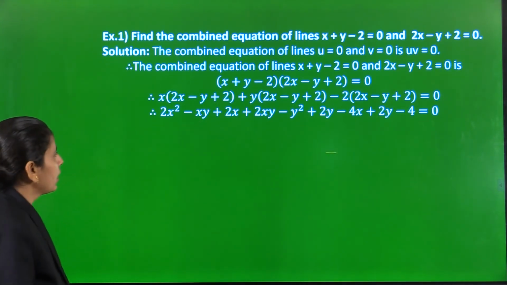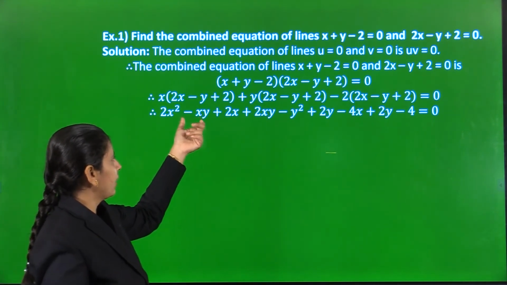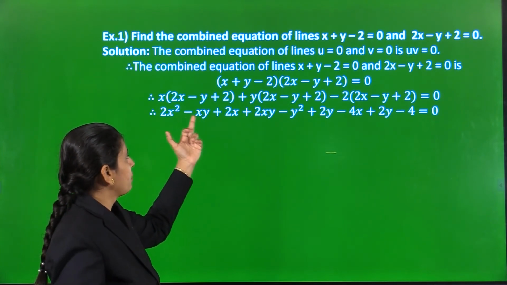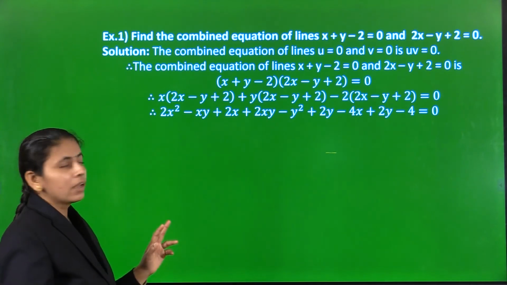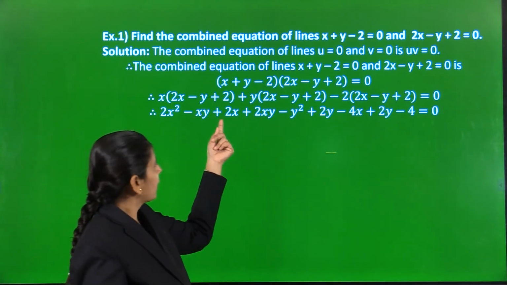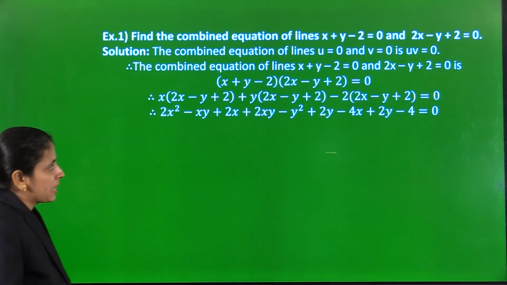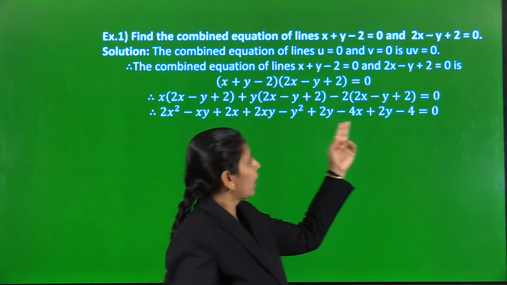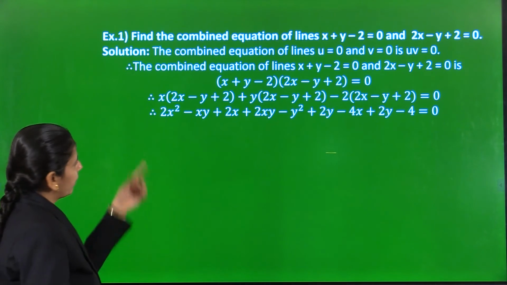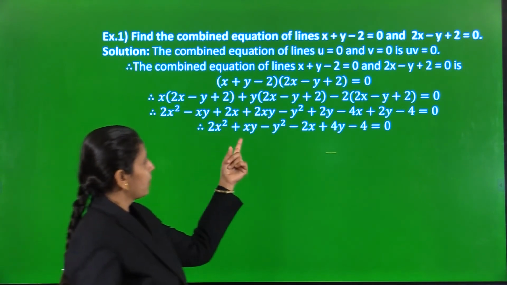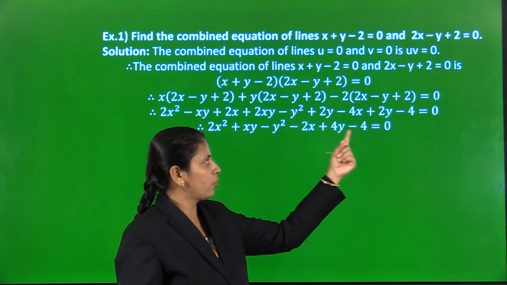Okay, now we add these two terms. We can add similar terms containing similar type of variable, that is minus xy plus 2xy. Minus xy plus 2xy means plus xy. Similarly, plus 2x minus 4x means minus 2x, and plus 2y plus 2y is 4y. So we get the equation 2x square plus xy minus y square minus 2x plus 4y minus